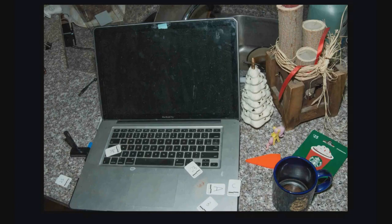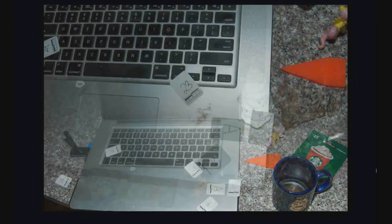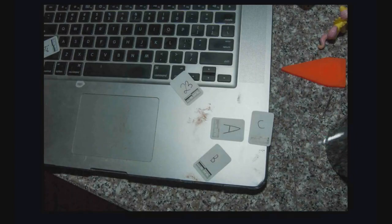Three areas of bloody ridge detail were identified on the laptop and labeled as A, B, and C. Of the three areas, only area A was sufficient for latent print analysis. Item 54 is a CD of 25 NEF images of latent prints found on the laptop. A digital latent palm print of area A was then labeled LP54-1. LP54-1 was searched in the Midwest Automated Fingerprint Identification Network, the MAFIN database, and no suitable candidate was generated. Additionally, no known palm prints for David Timothy Crowley were submitted or found in the BCA files for comparison to